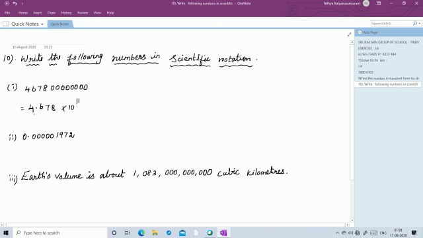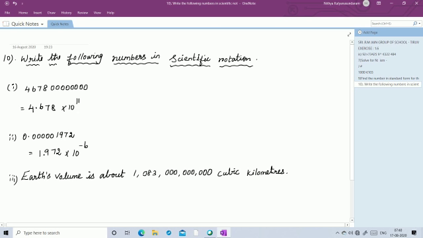So scientific notation has two parts. The first part is a number between 1 and 9. The second part is its power of 10. Numbers alone you can choose, 1972. After the first number you will keep the point, then multiply. Zeros before the number mean the power is negative. How many zeros do we have? 1, 2, 3, 4, 5. This is also a decimal, so totally we have 6 decimal places. So 10 power minus 6. Zeros before mean negative powers. If you get zeros after the number, it means positive powers.